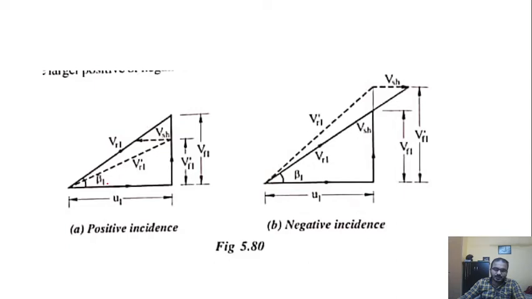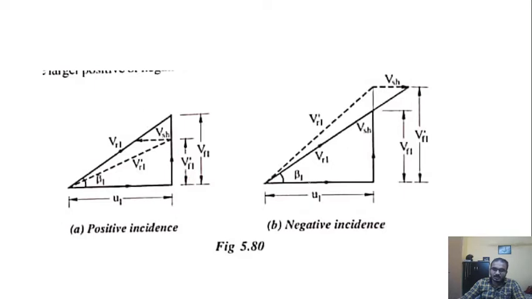So here, because of the positive incidence, the dotted velocity shows the velocity which is affected by the positive incidence. Because of positive incidence, the relative velocity value has reduced. At the same time, the flow velocity value has also reduced. So what will happen when the flow velocity reduces? This will directly affect the mass flow rate. So the mass flow rate which is being delivered through this compressor will reduce.